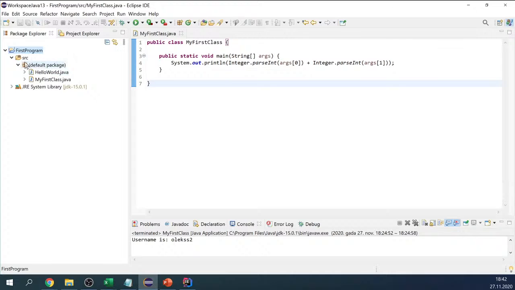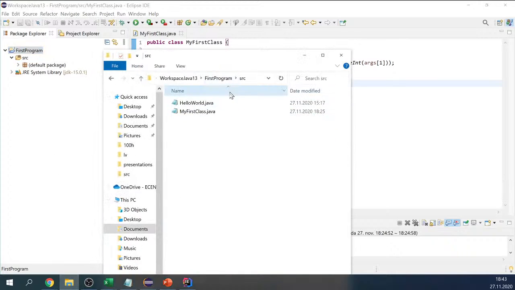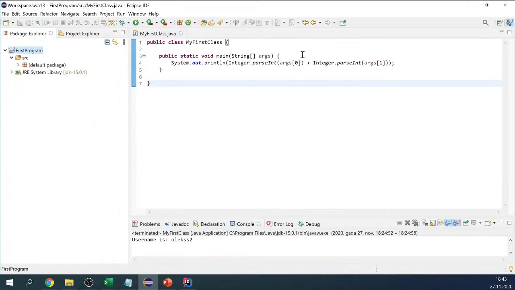Let's have a closer look. So we have a folder, which is the source folder, where all the stuff can be located. And as you can see here, we have default package. It means that from practical point of view, we don't have any subfolders. We just have source, and all the files are located directly in this source folder. And in Java, everything is located in the packages. I mean, all the files are split in different packages,